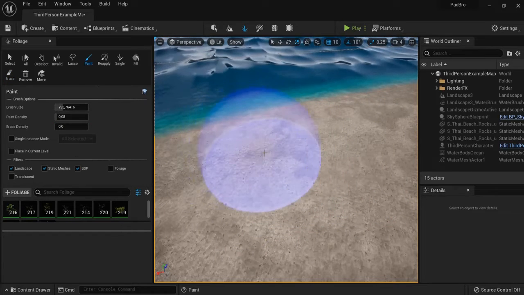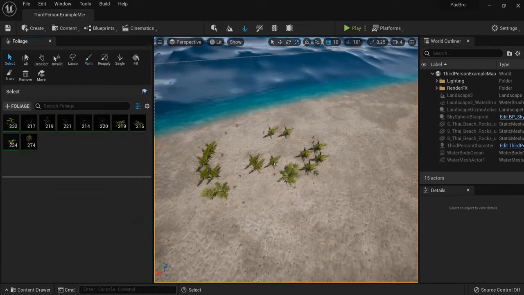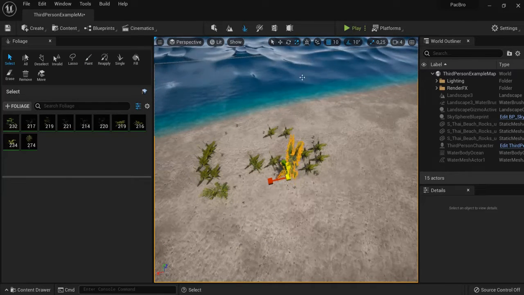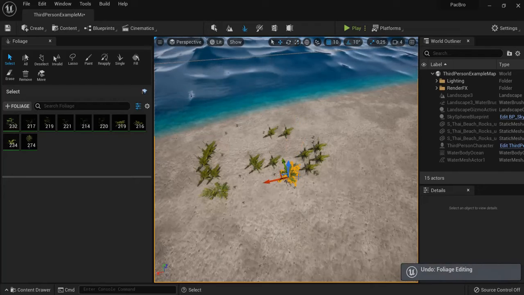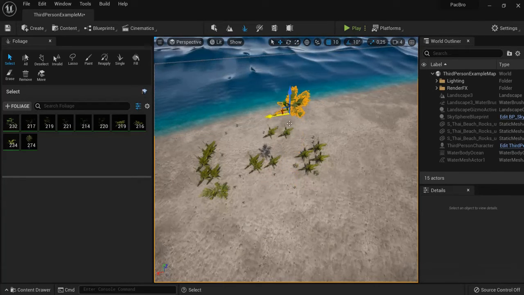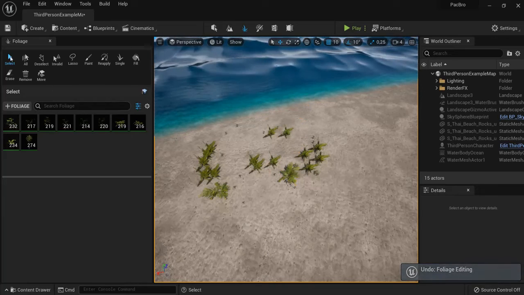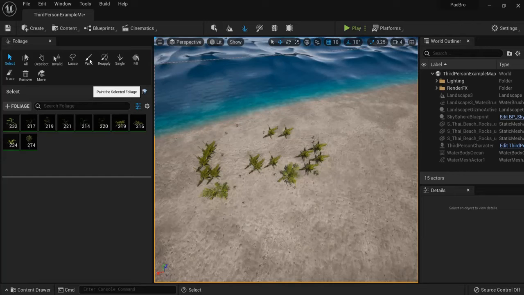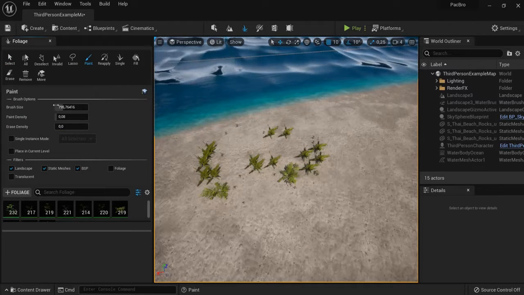But when you place foliage, you can also select one item out of it. And then you can scale that item up, or just with the same controls as elsewhere, you can move it around. So that is the select tool and the paint tool. Those ones are the most important. So when I go back to the paint tool,